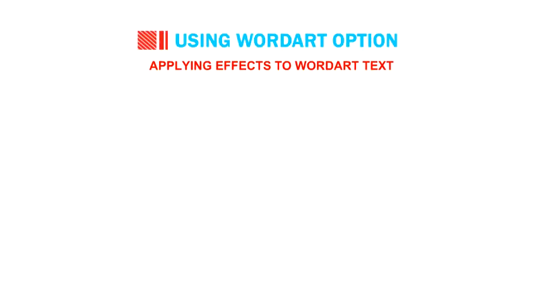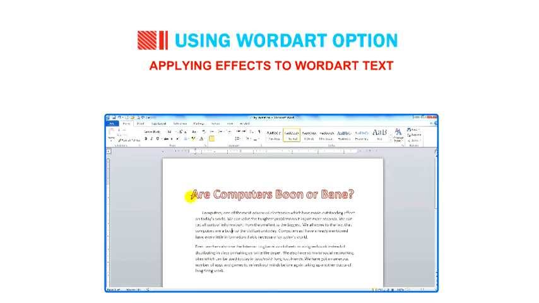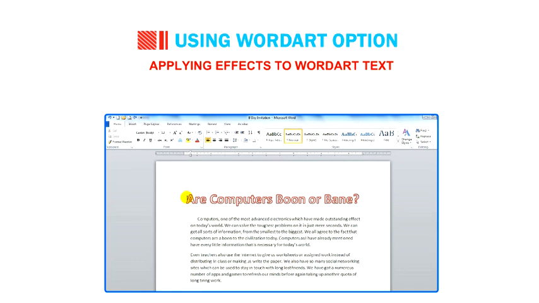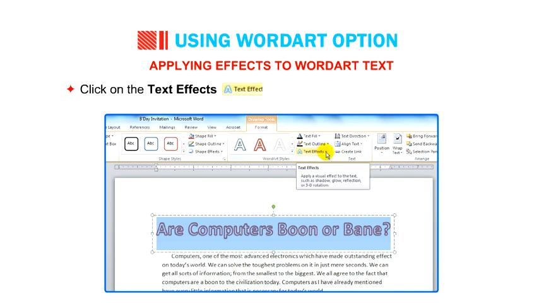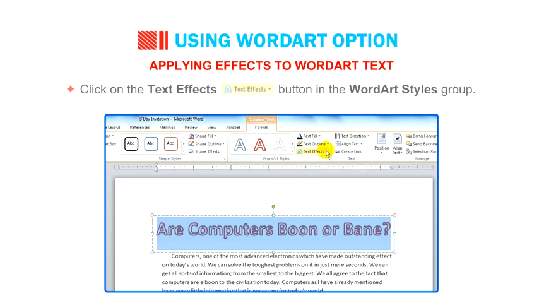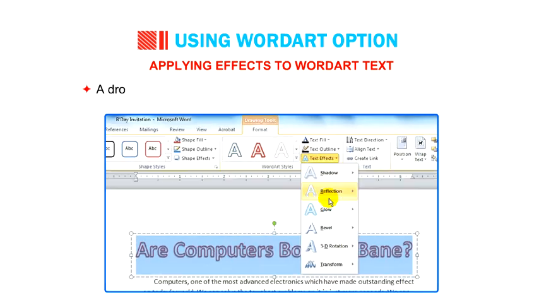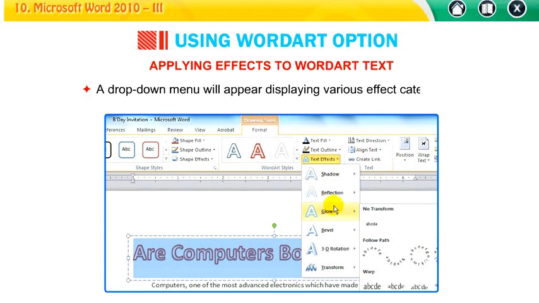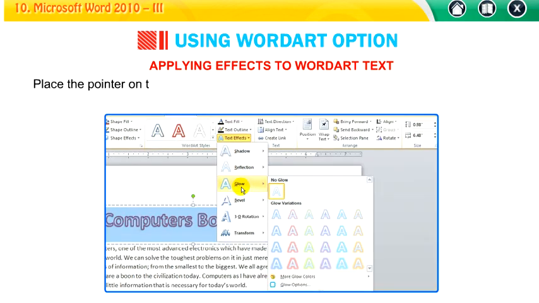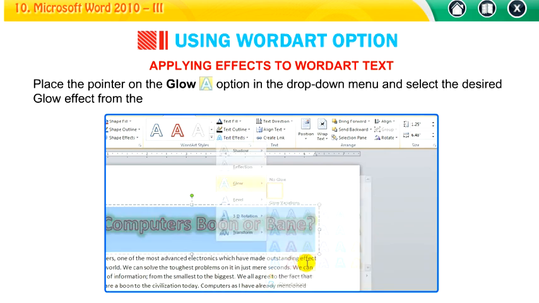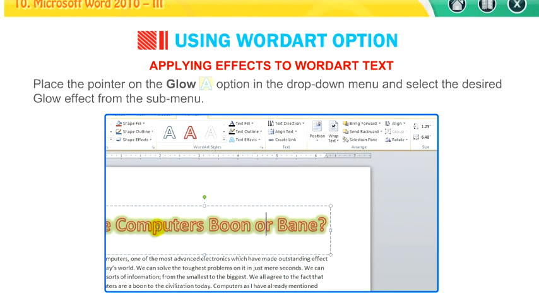Applying effects to Word Art text. Select the Word Art text. The Format tab appears automatically on the ribbon. Click on the Text Effects button in the Word Art Styles group. A drop-down menu will appear displaying various effect categories. Place the pointer on the glow option in the drop-down menu and select the desired glow effect from the sub-menu. The effect will be applied to your